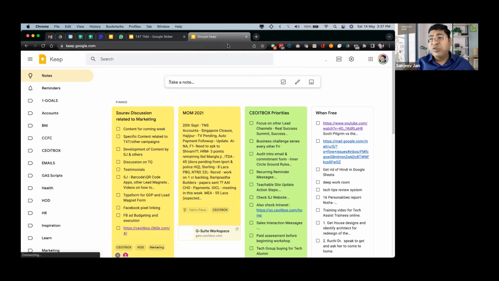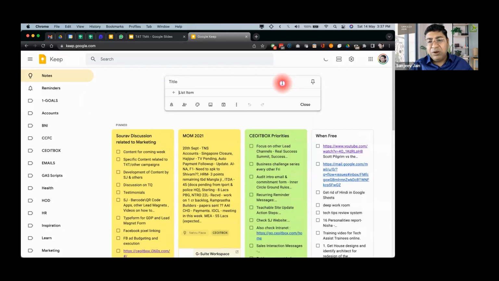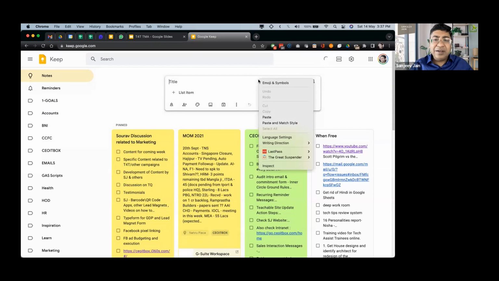So how to use this? This is a most amazing note-taking tool. What is the special thing about this tool is that suppose I want to organize the work of say accounts department. We do not remember a lot of things. We keep forgetting so many things. So what I will do is by clicking on this button here, new list. You see this, there is a button here, new list. Click on this and we can create a list for